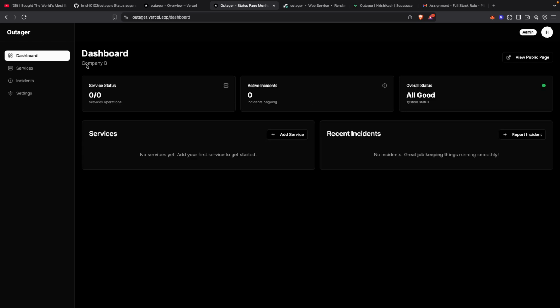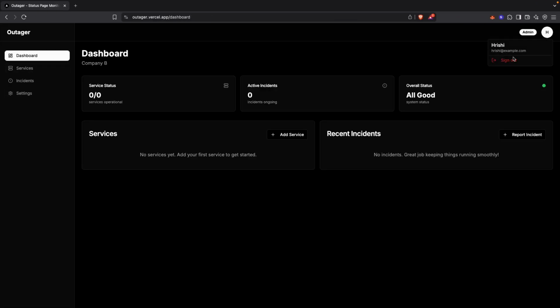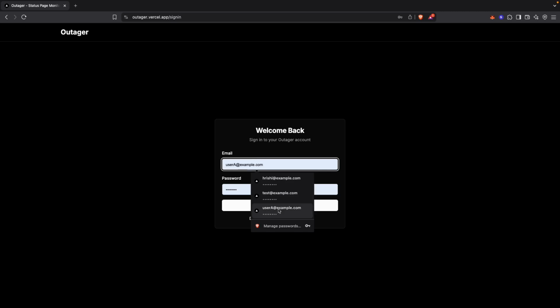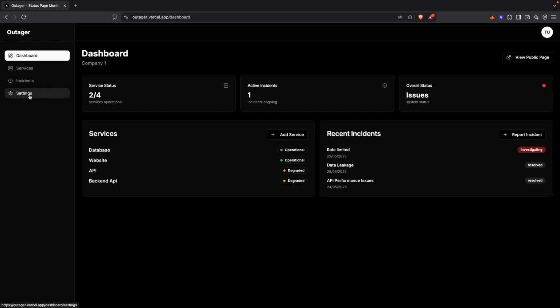So I can see the loading dashboard, and I can see I've been added to the organization of company B here, and the overall status is good. Now let me again log in using the admin of company A, which had different incidents, and let me add that as a team